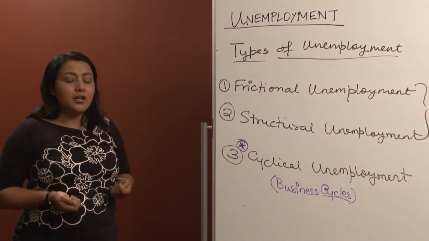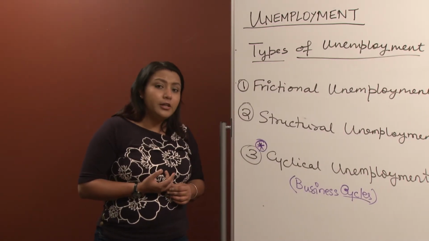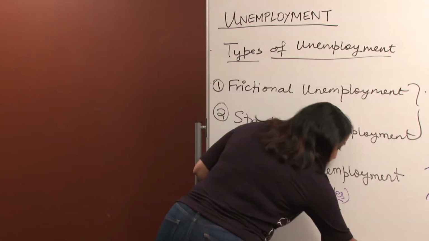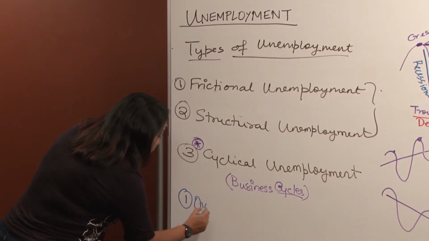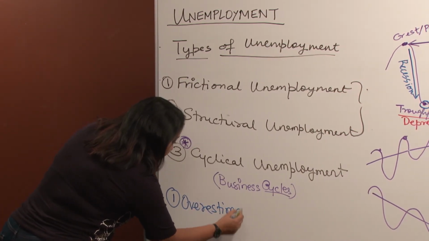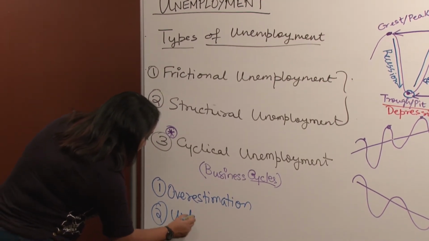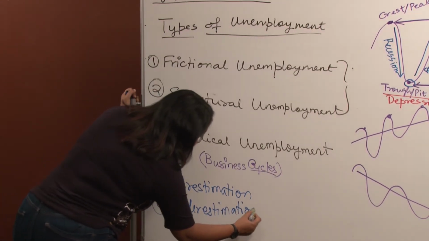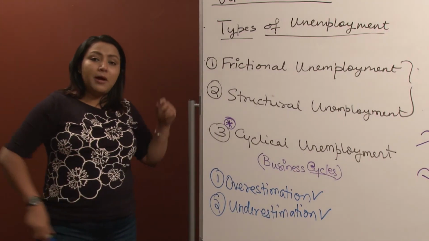So unemployment rate, according to many economists, according to many public policies, is not really a great measure for the macroeconomic condition of a country. The reason being that unemployment rate could suffer from an overestimation or underestimation problem, and I'll talk to you in a minute about what we mean by these. Now what do we mean by overestimation?